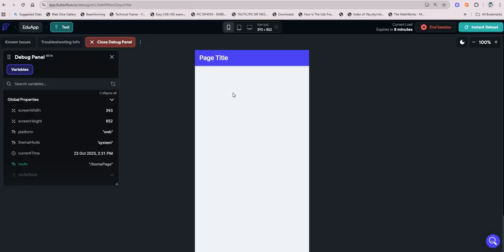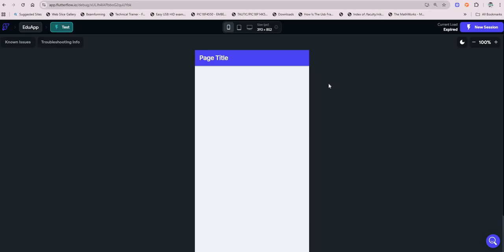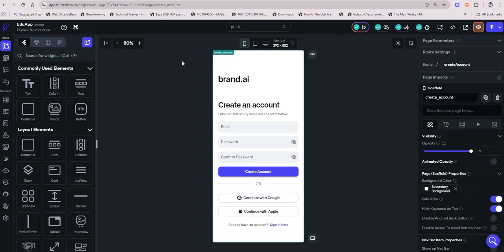So if you go back to your test mode, oops, so now there is an issue. The issue is that now once we have come to this page, then we cannot go anywhere. Right? So never mind, we will solve that. So let's click on end session. We'll end the session. We'll close this test session. We'll go to